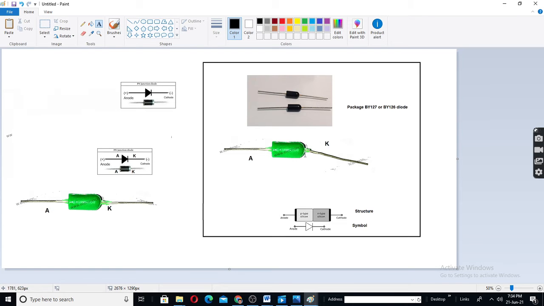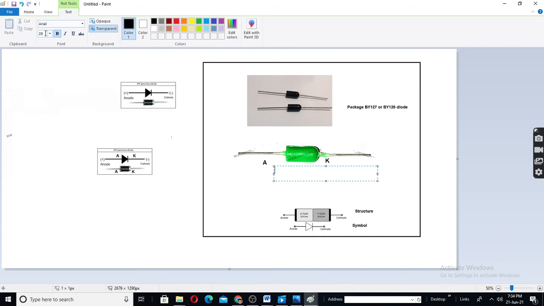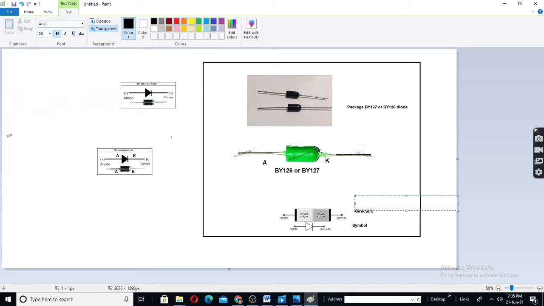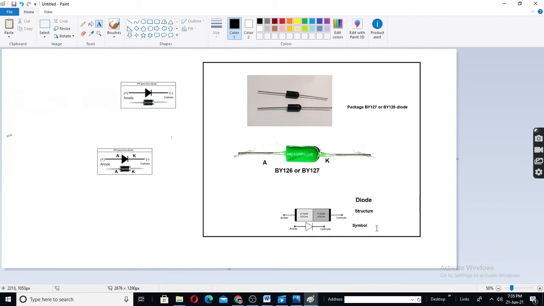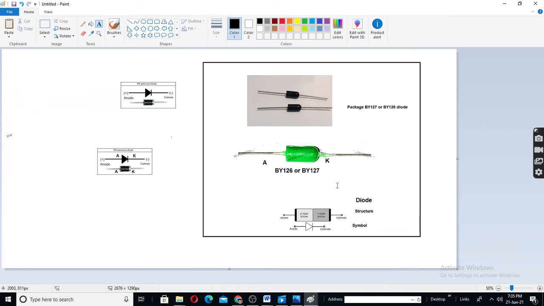I think this figure is better than this figure. So why have this figure? Let us remove this and let us put here this BY126 or BY127. Diode structure. Symbol of diode. Okay, this is diode structure and diode symbol.